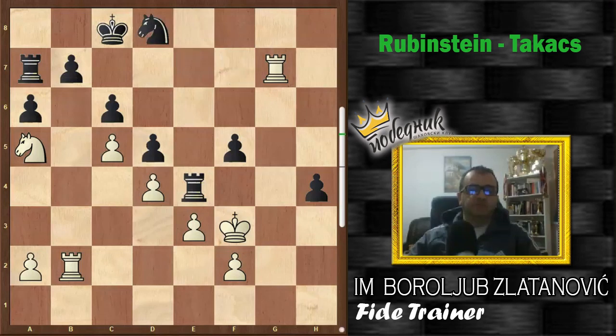Knight d8, rook g8, matter of style. White could even now play rook b1 and rook g1. And after f4, now we see first mistake allowed by Rubinstein. He played rook h8, which is not bad, which will win the game, of course, but here he missed